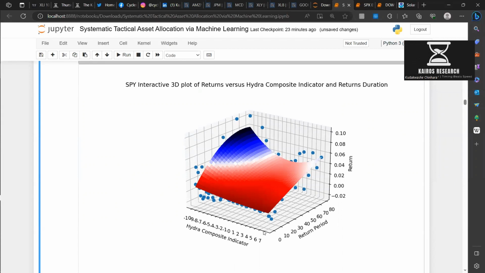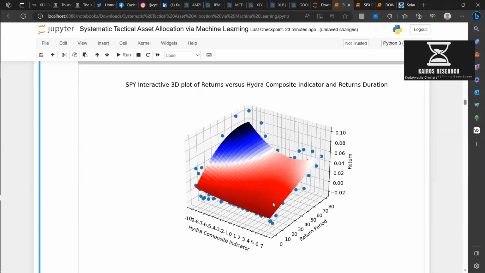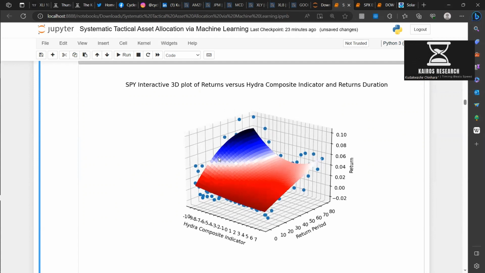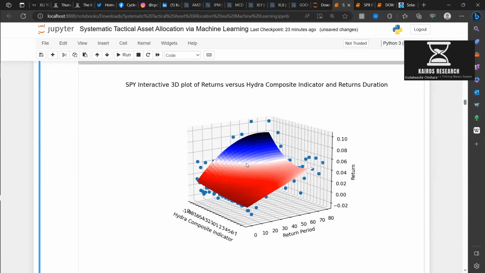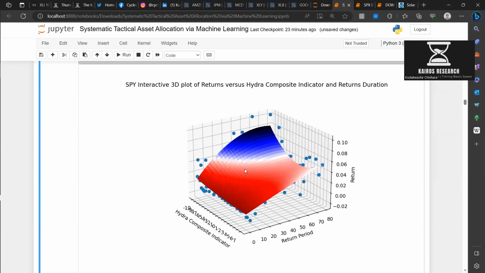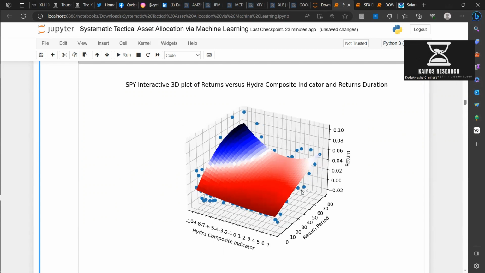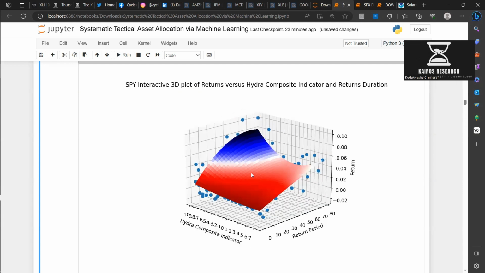It depends on which market. One of the conclusions you may draw is that different markets have different characters. So here, for example, I have a 3D plot of S&P. The inputs are a composite indicator of momentum indicators, large negative numbers being extreme oversold, large positive, extreme overbought, and then looking at the subsequent returns on the SPY ETF. And then just doing a simple regression to come up with this 3D surface.